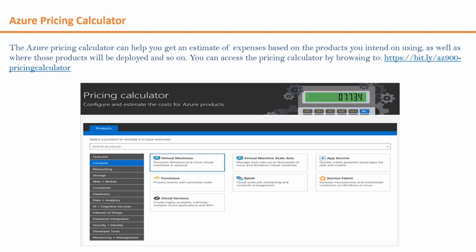Azure Pricing Calculator. The Azure Pricing Calculator can help you get an estimate of expenses based on the products you intend on using, as well as where those products will be deployed and so on. You can access the Pricing Calculator by browsing the link. When calculating an estimate of your Azure expenses, the first step is to select which products you want to use. Azure products are displayed by default, and you can add any of those products by clicking on it. If the product you want is not listed, you can search for a product by entering its name in the